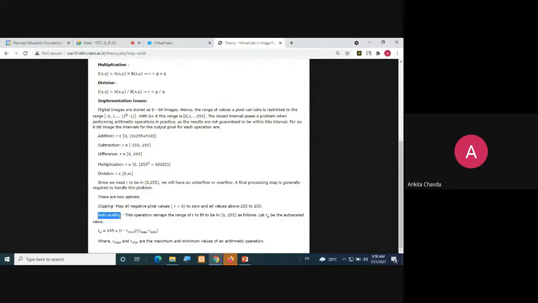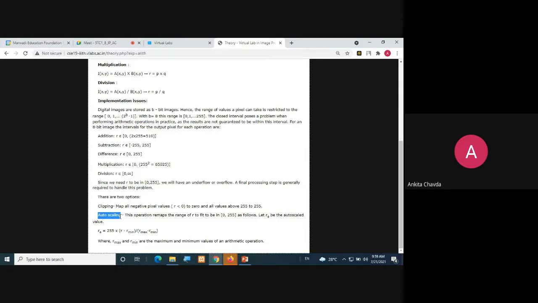And the other one is auto scaling. It is just like the log that we learned today: a large range is mapped into a narrow one. So it is not like everything above 255 becomes 255. No, it is not like that. It will do auto scaling, so that if your pixels are between 0 and some range, they will map to 0.